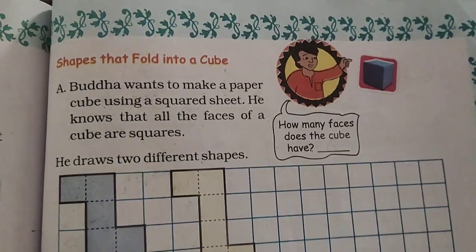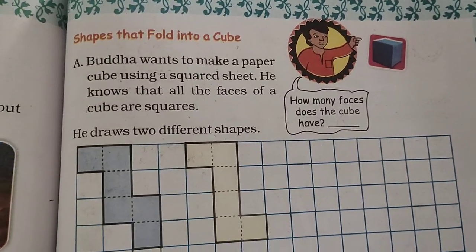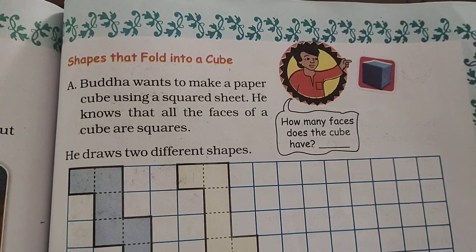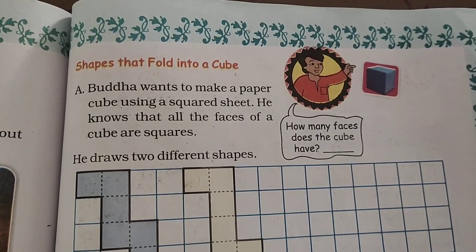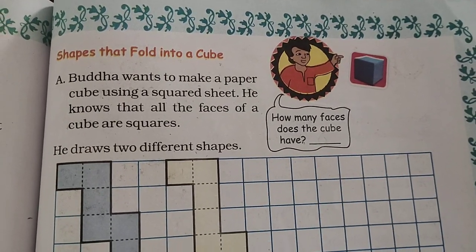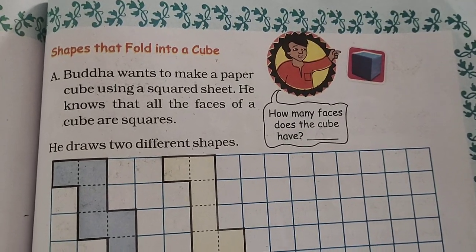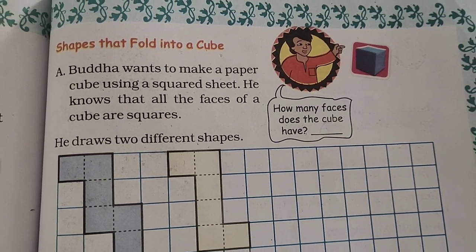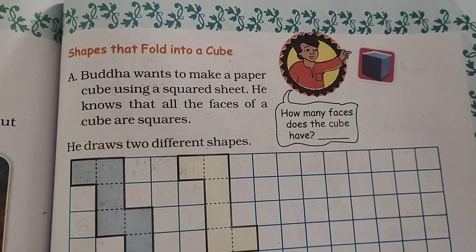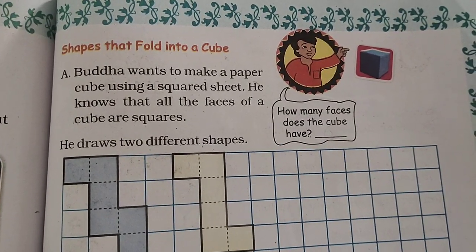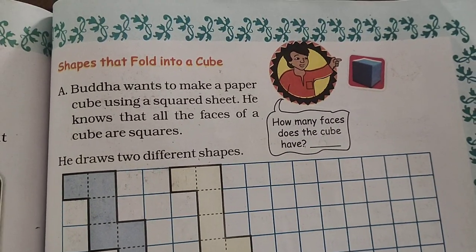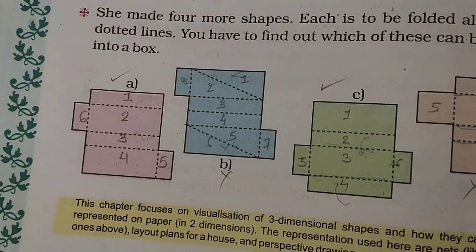In our previous video, we learned how to make the sweet box with the folding given in your textbook. We have studied that to make a cuboid or a cube, we need 6 faces. The 6 faces are to be folded and then we can make a complete box. This we have seen here.